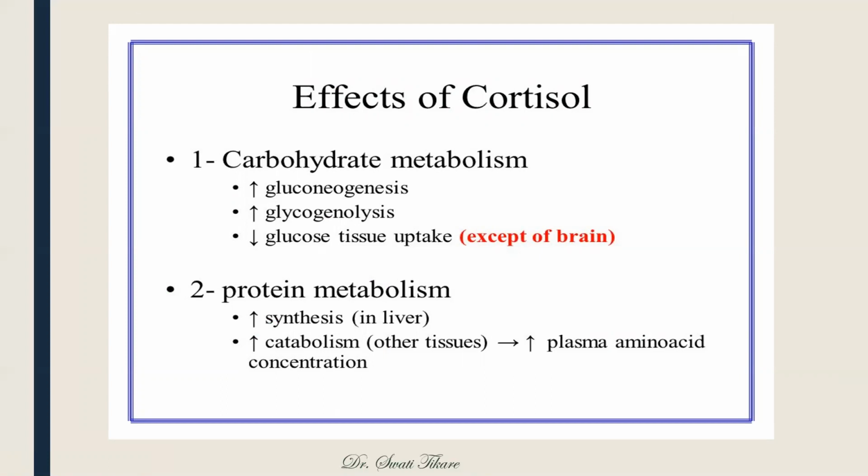These are some of the important actions which we will be looking at, beginning with the effects of cortisol on carbohydrate metabolism. One thing we should remember is cortisol is diabetogenic. It is a hormone which is going to increase the blood glucose level. So can you please recall which other hormone was diabetogenic? Yes, if you have recalled it right, it is the growth hormone, which we have already learned, which is also diabetogenic. So cortisol, remember, is increasing the glucose levels.